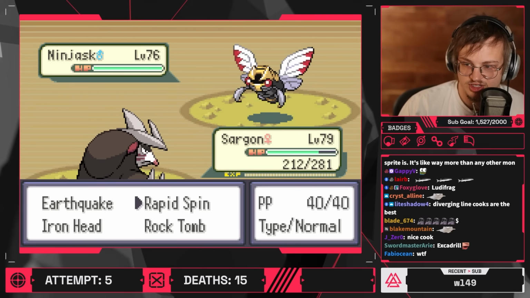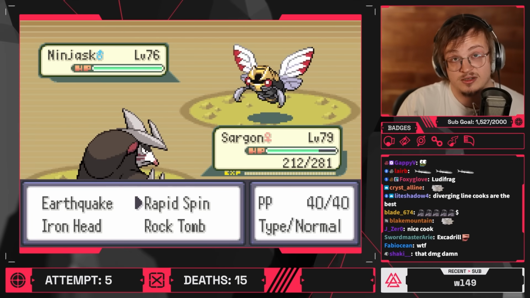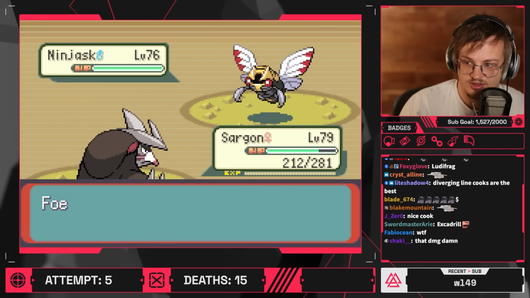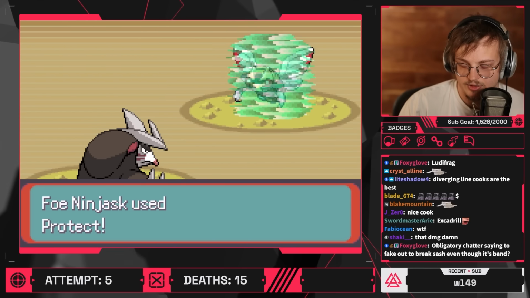We did not give a Shed Shell to this, because Shed Shell is on another Mon. It's on Ludi in case we got attacked, because then it would have been Chandelure first, and then we have the other one on our Cacturne counter, which is what's going to come out after this. So let's Rapid Spin once here. Protect doesn't matter. Can you...